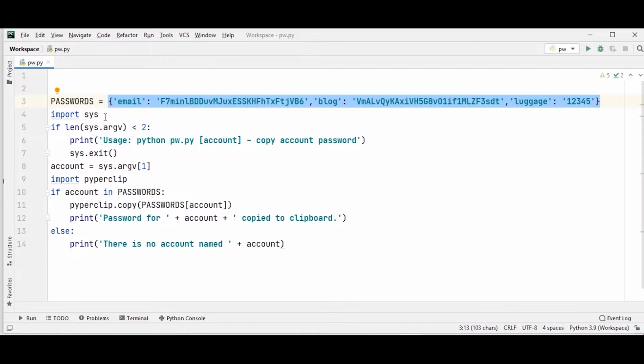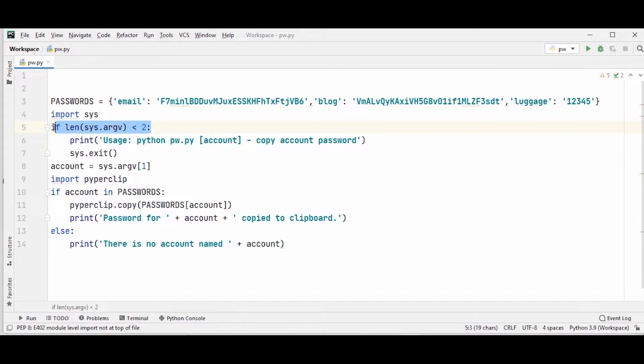Now I am importing the sys module here, and then I am checking if the length of the input provided by the user is less than 2, then I will print the usage of this program, how to use it. I am saying use the code python pw.py, then give the account name, and then you can copy the account password. And then I am exiting the system because the input given was less than 2.